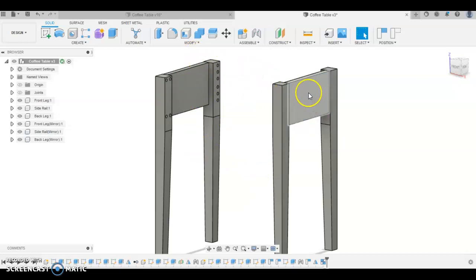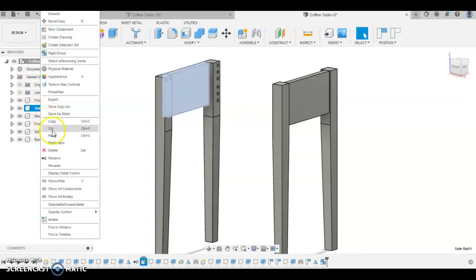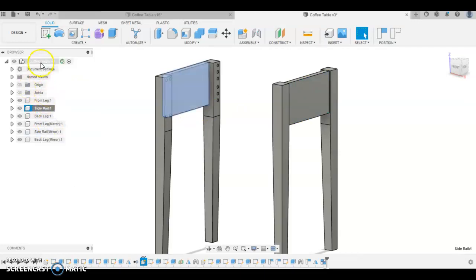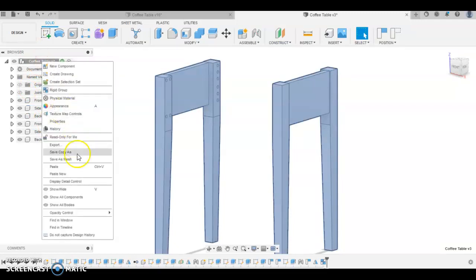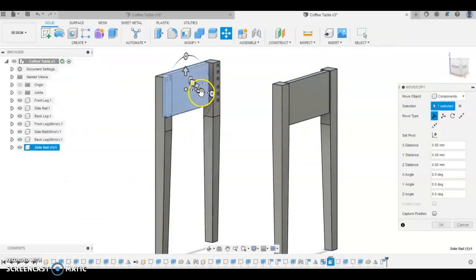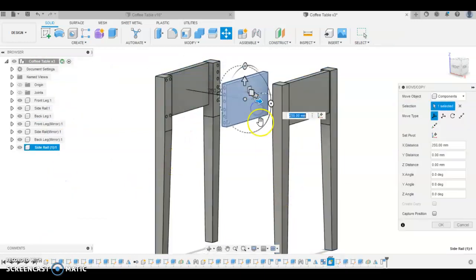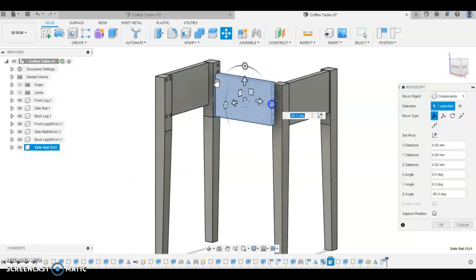Now I want to also duplicate this panel. So it's probably best to go back to the first one, right click and copy, and then up to the top and paste new. Now it's really important we click paste new, not paste. Now we're going to drag that out like that, and we're going to rotate it from this handle 90 degrees